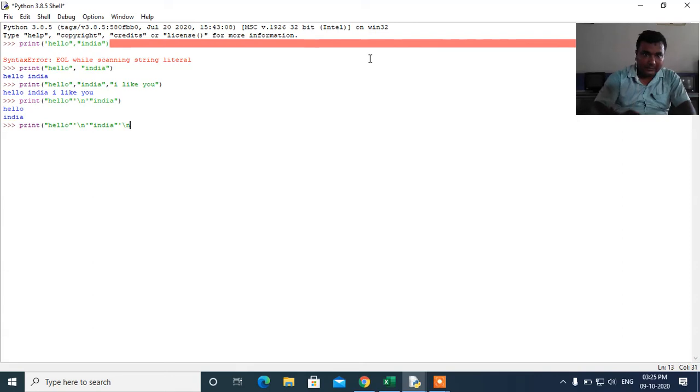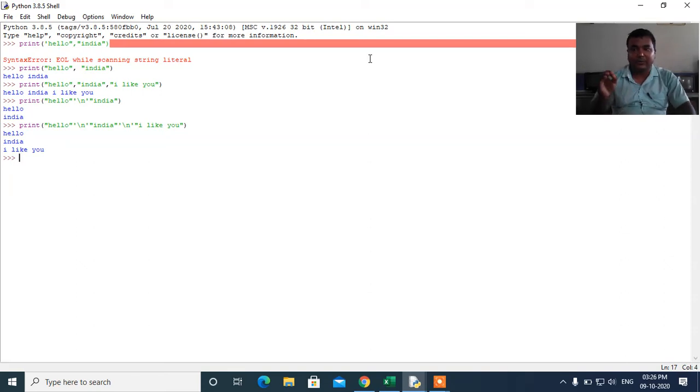After that you see here slash n, I like you. Now close the bracket. So what you see here, hello India I like you, all have been shifted to the new line. It means slash n is used to shift the statement to a new line.